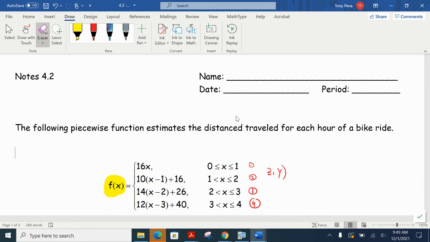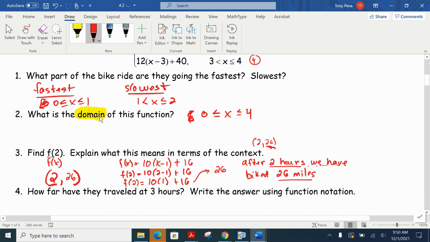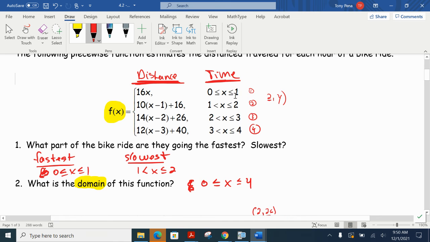All right, so let's see, we got this here. So again, all of these y values that we would get by substituting something in give us the distance that we rode our bike. All of these over here are the times at which we were riding our bike. So question number 4 was asking you, after 3 hours, so we're going to look for the time of 3. So if I now look at function 1, 2, 3, or 4,